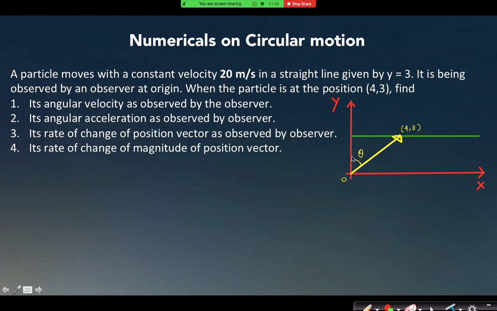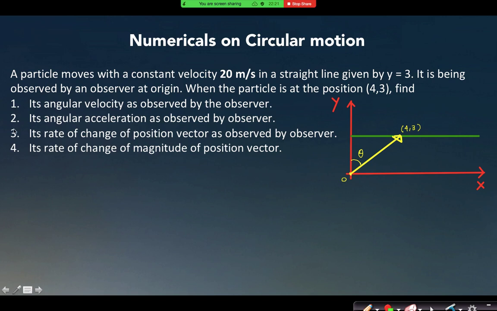Probably you have noticed that if you are standing here, suppose you are an observer here, and this is a road, right, near to you. A car is moving along that straight path, right? So if you join a line from the car to your eye, then you can see that this line is continuously changing its magnitude as well as the angle from that vertical line, right? So that is why I have to find d theta by dt, which is angular velocity, and the rate of change of angular velocity is angular acceleration.